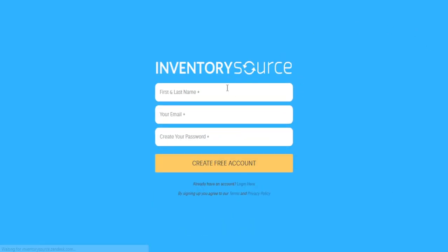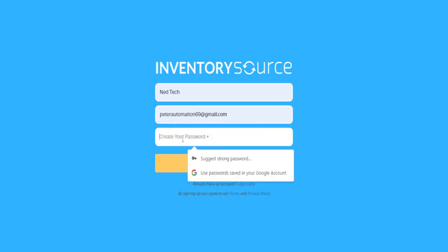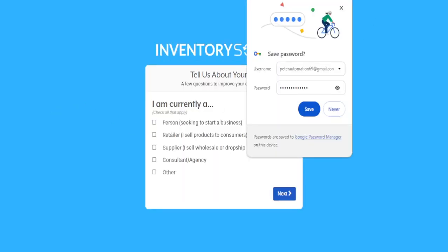After that we'll be redirected to here. So here we have to enter our first and last name, like NetTech, our email, and we have to create our password. After that we just